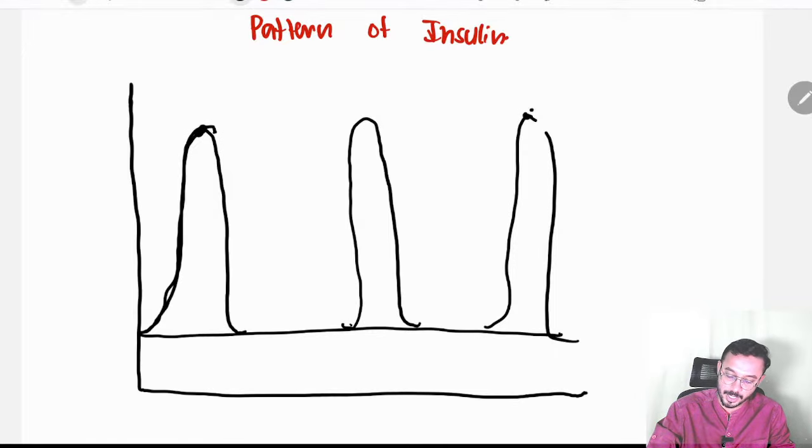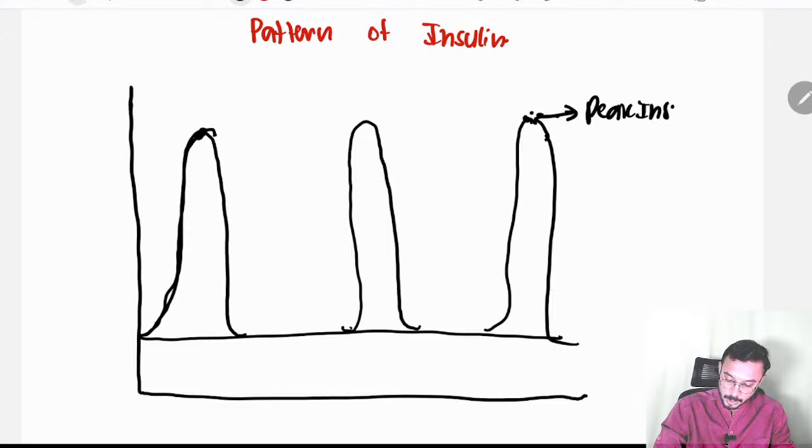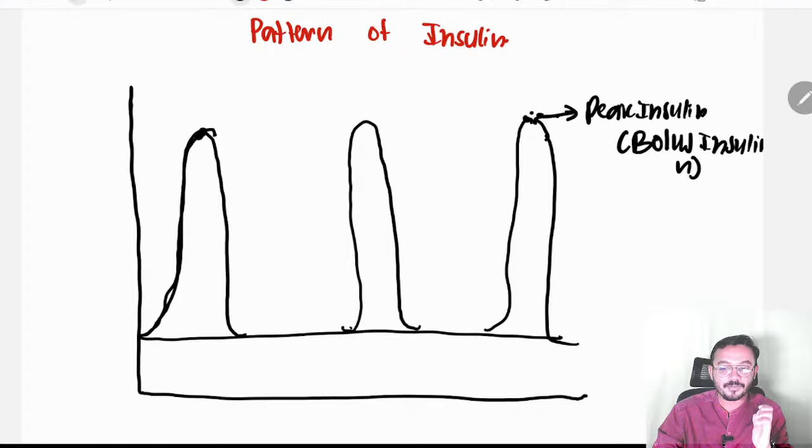Same thing will happen when I consume lunch. I took the lunch, glucose is getting elevated, and by the body's own mechanism insulin will get released, so that will decrease the blood glucose level. So this is known as peak insulin. Insulin activity will peak over here, and this is also known as bolus insulin. Bolus insulin is the insulin which is released after taking your food. After you had the food, your glucose is rising, and the type of insulin that comes into action is bolus insulin.